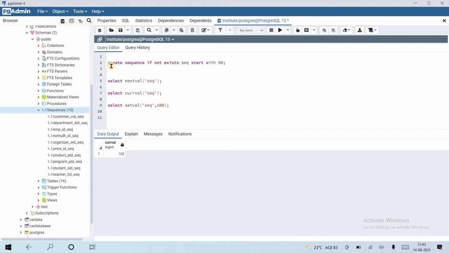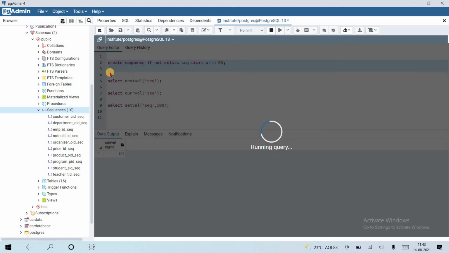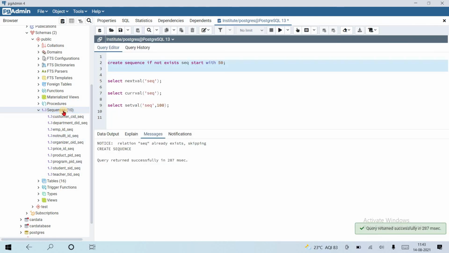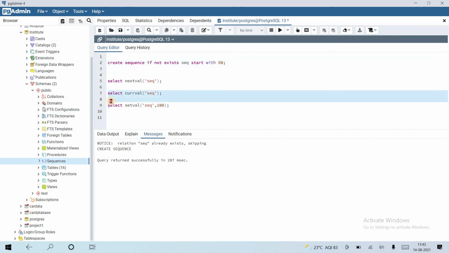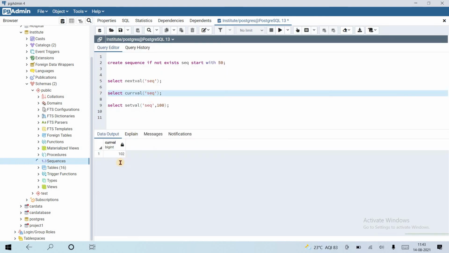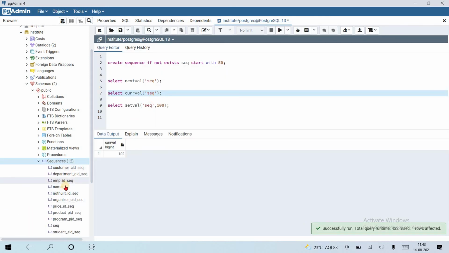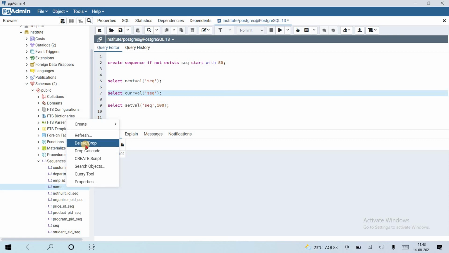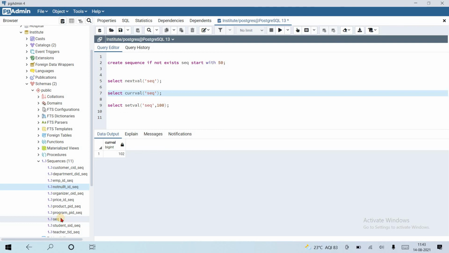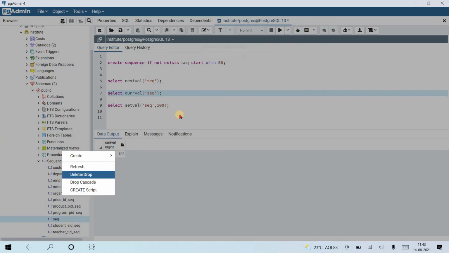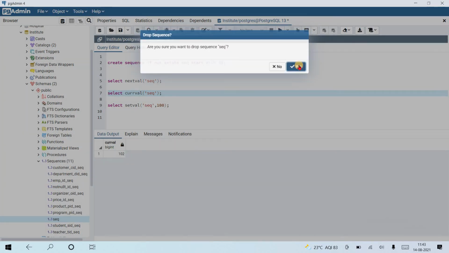It is not going to work because the sequence already exists. If I refresh here, the query is returned successfully, and if I see the value, it is 102. So it will not run. Okay, let's delete it first and create again, or you can create a new sequence as you want.